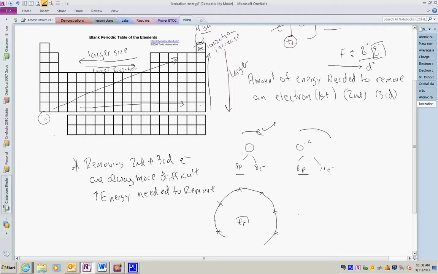As I add electrons, I now have the same number of protons, but 2 more electrons. And this is really basing off the atomic radius, that as I add 1, 2, 3, 4, 5, 6, 7, and 8, okay, not a very good picture,